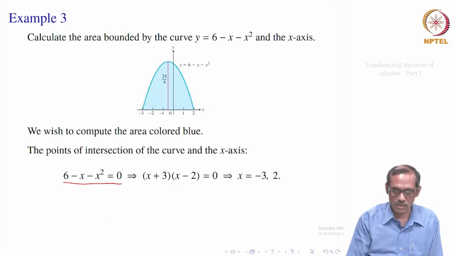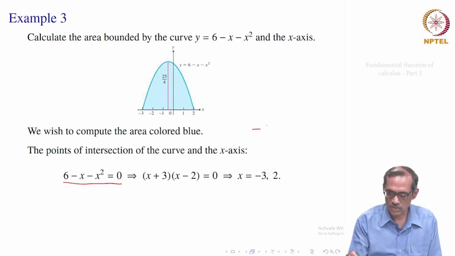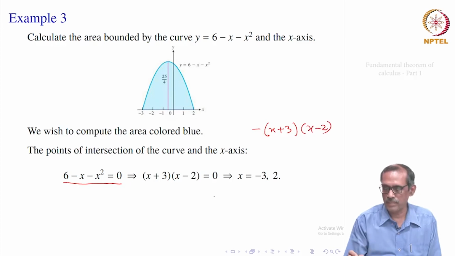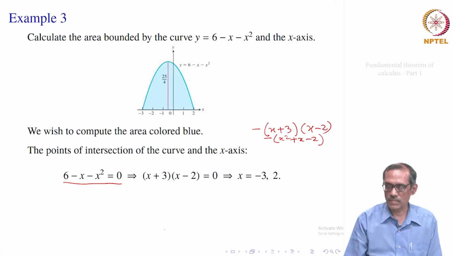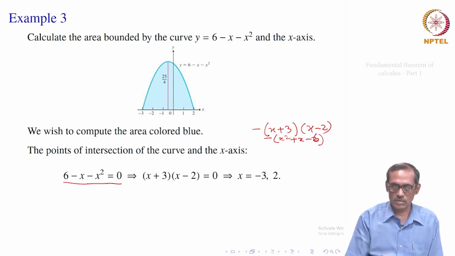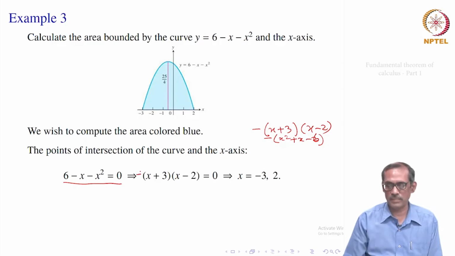And when this is equal to 0, can we factor it? So, the factor is minus of x plus 3 into x minus 2. Let us verify. So, that gives x square, plus 3 minus 2, it is plus x, and minus 2 times 3, it is minus of this. So, that is what 6 minus x square equal to 0. So, that means x plus 3 into x minus 2 equal to 0. You could have taken minus here also, but it is okay.